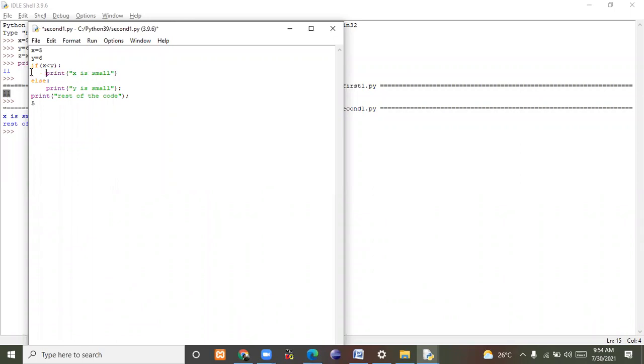When you give indentation, it means this particular line belongs to this if condition, this print belongs to this else, and this print is the rest of the code. So like that you have to give, students. These are the two basic programs I told you. Indentation is very important in this. Try to understand indentation compared to C and Java. Indentation and a few syntaxes you have to see.